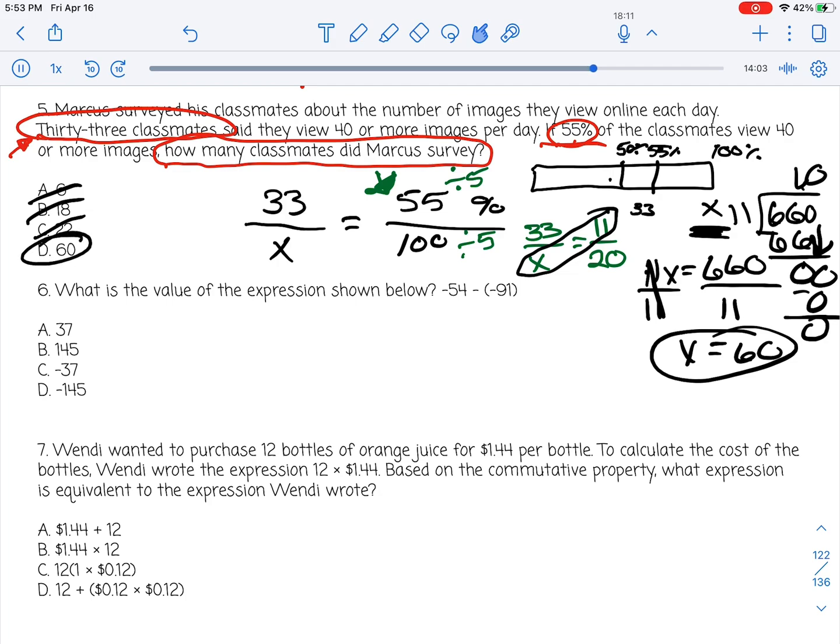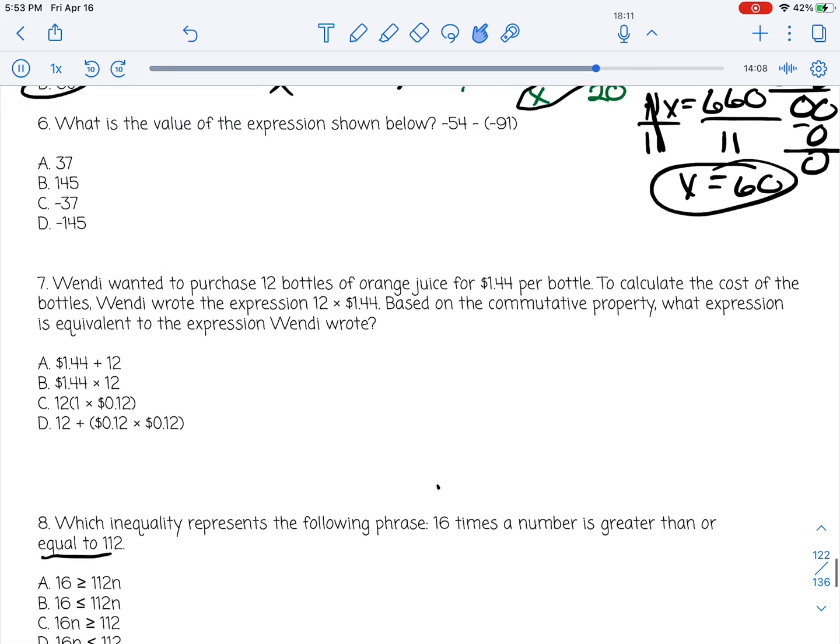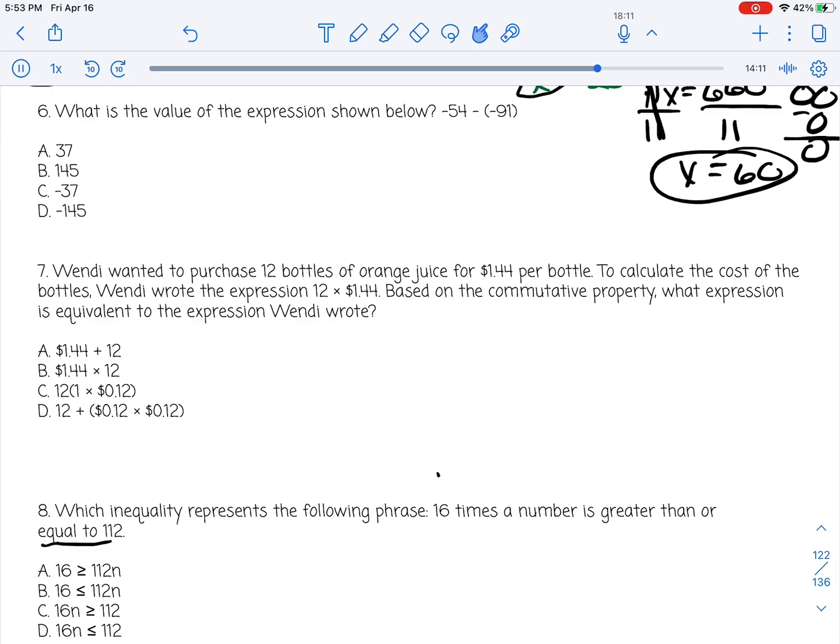All right, here we go. Number 6, what is the value of the expression shown below? So right here, we have negative 54 minus negative 9. So we need to remember our integer rules. So do we ever subtract integers? No. We just add the second number's opposite. Remember, we're always adding the opposite of the second number. So let's rewrite it. We're going to have negative 54